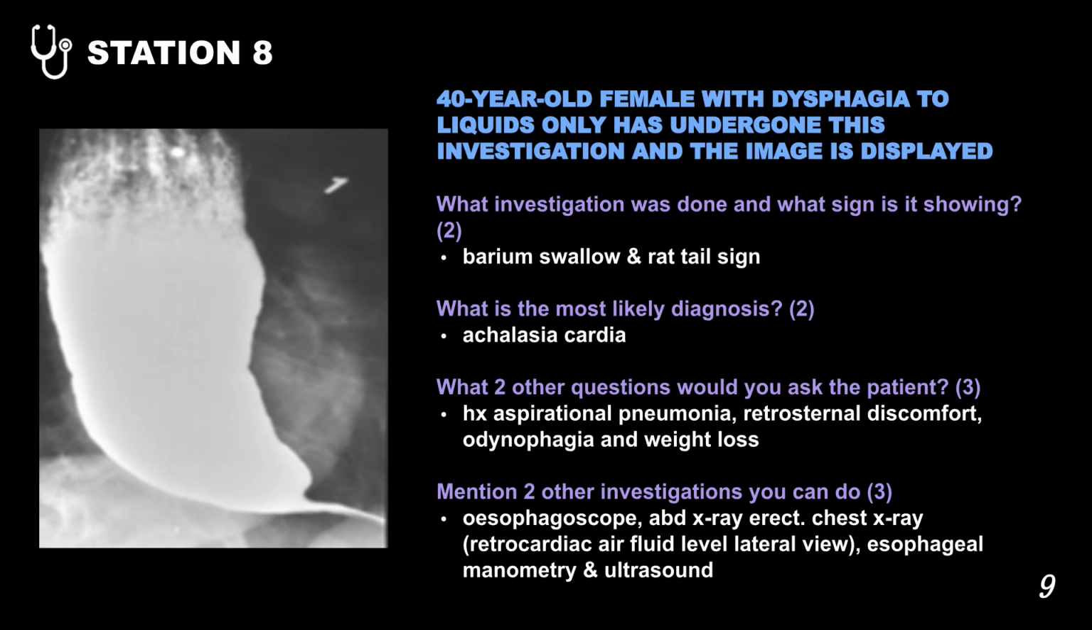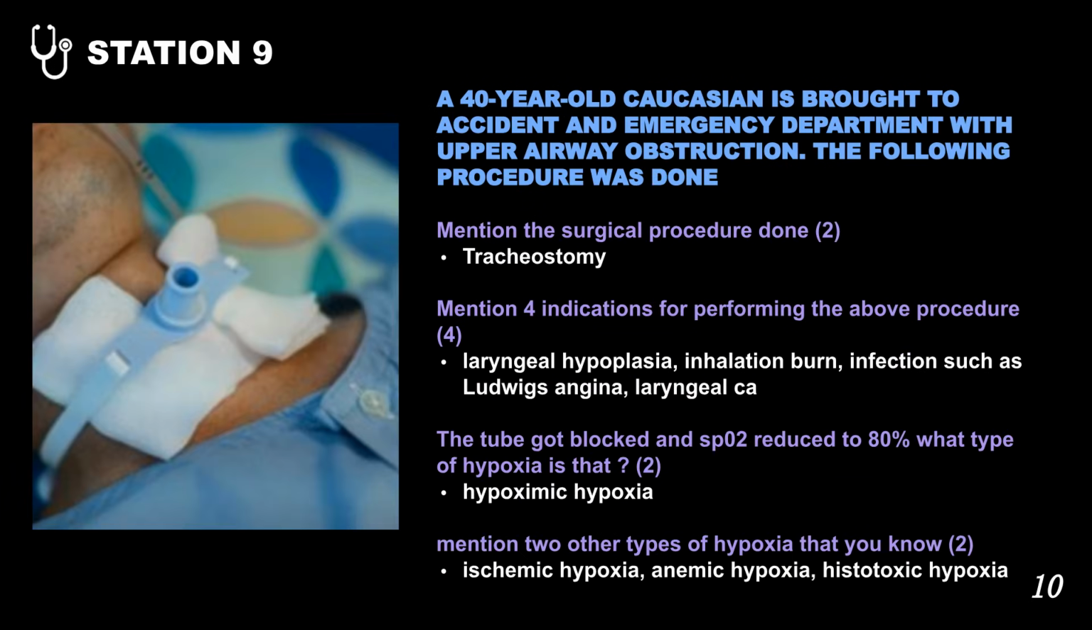Ask about aspiration pneumonia, retrosternal discomfort, painful swallowing, and weight loss. Further investigations include esophageal manometry, the gold standard, along with endoscopy and chest imaging. Whenever possible, mention the gold standard test. It signals deeper understanding. Now imagine a patient arriving in the emergency department with upper airway obstruction who undergoes a